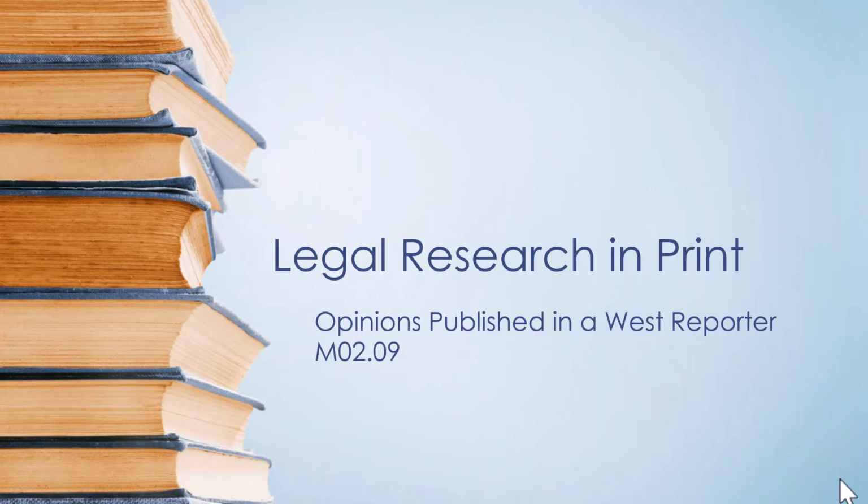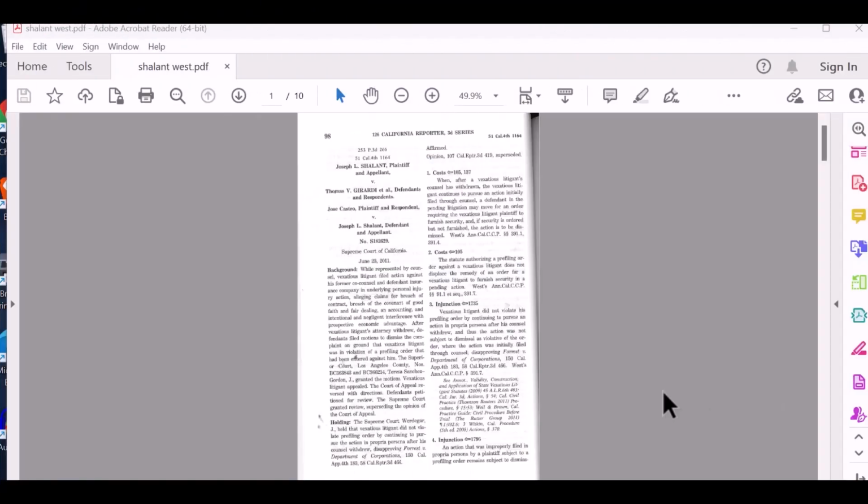In this video, I'm going to show you what an opinion looks like that's published in a West Reporter. I don't have many print reporters to choose from at the Indio branch of the Law Library. The only ones I can show you are the two official California reporters and the one West reporter. So I'm going to start by showing you the different parts of the opinion as published in the West Reporter